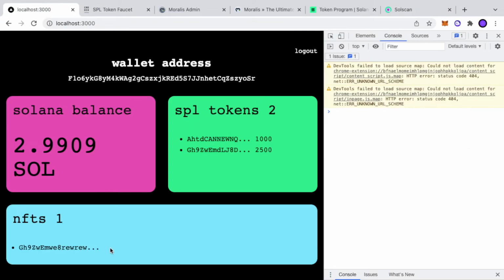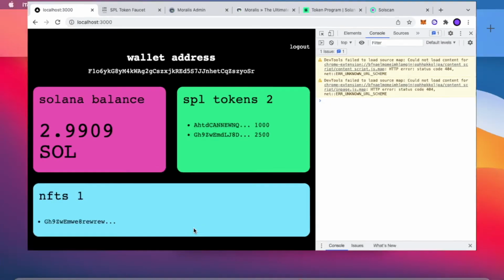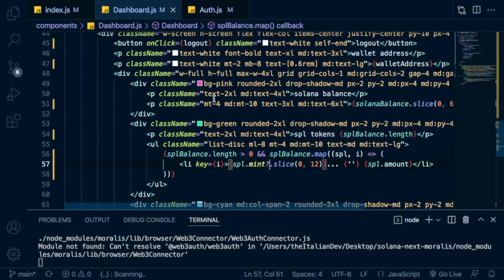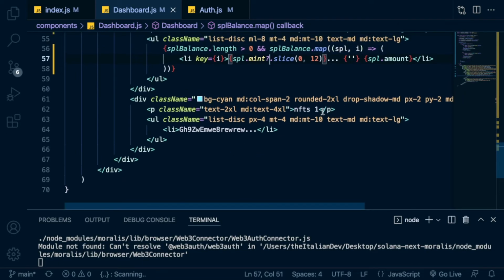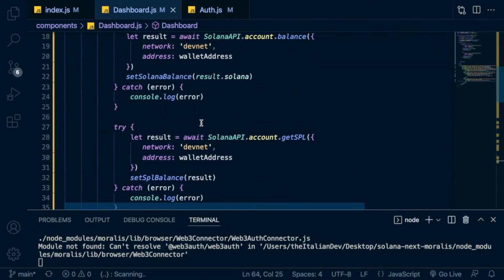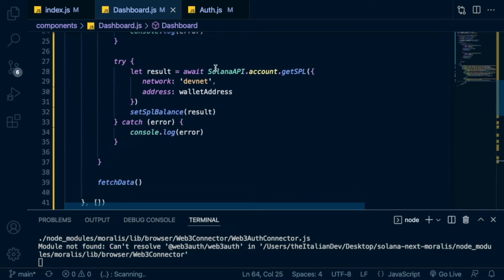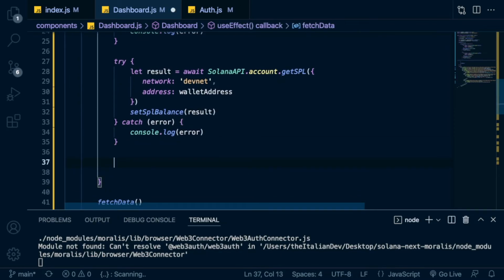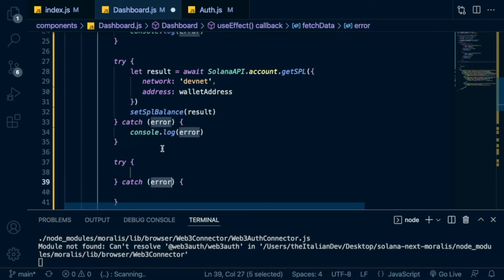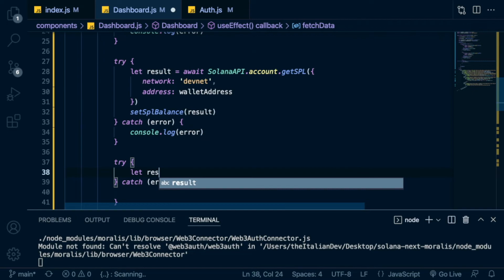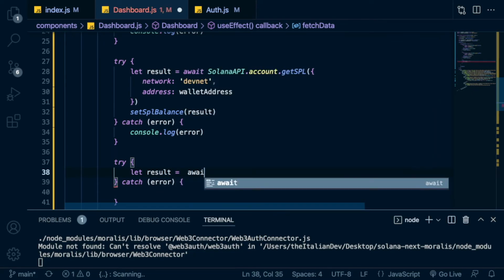So now we can retrieve this NFT right inside this web application, so inside this card right here. So we can start by deleting this hard-coded value. So let's go back in Visual Studio Code, remove these NFTs ones and this LI inside the UL, and do what we have just done for the SPL again. A new try catch block, and let result in this case is equal to await what,